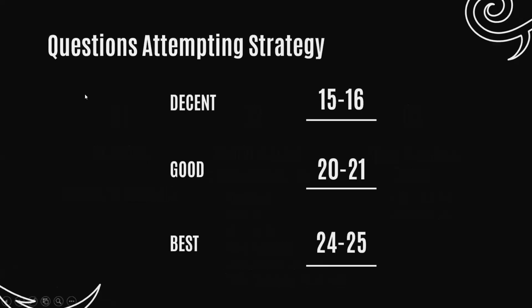Okay. So question attempting. You should at least have an aim of solving 16 or 17 odd questions in the paper, and if you have a decent preparation you will be able to solve that many questions with 100% accuracy. Utna to sabse ho hi jayega. And if you are targeting a decent college, then your attempt should be around 20, 21, that too with 95 to 98% accuracy. And if you're targeting the best, like JBIMS or Sydenham, then you need to touch 24, 25,